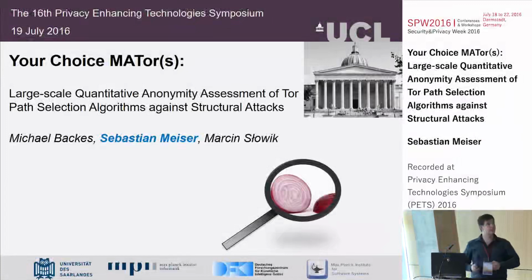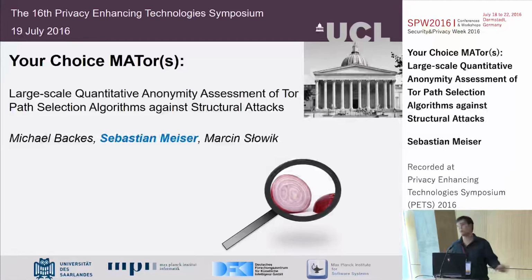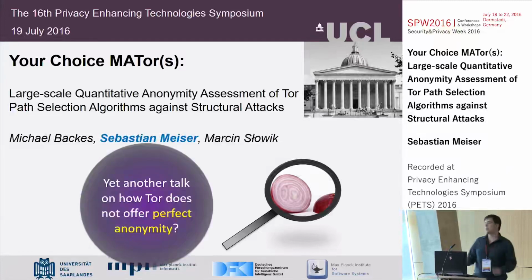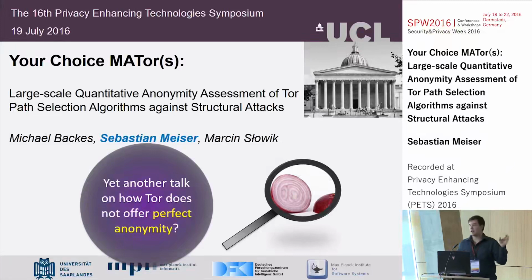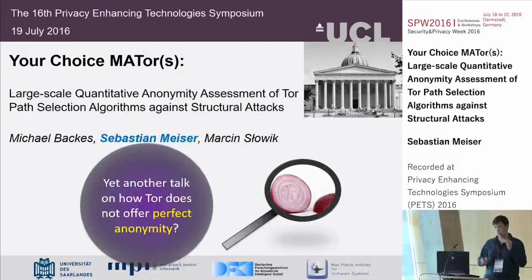Now, I've been asked at the conference, is this yet another of these boring talks that show that Tor is not perfect? Tor offers anonymity, but let's just see some details and how the anonymity is not as good as we would like to have it as theoretical researchers. Well, you can certainly look at this paper as a very good example of that category, because we, of course, show lots of results, actually more than I can present in this talk. And they show that Tor, as well as other variants of Tor, are not perfect. Okay, we knew that, but let's not really focus too much on that.